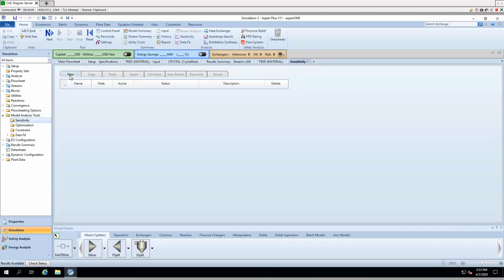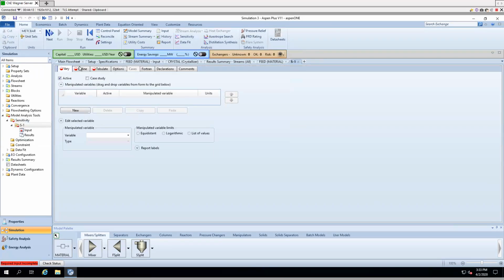So you click sensitivity and you just click new. This means we're doing a new sensitivity study, called S1 by default. That's a fine ID. Under the vary tab, vary means this is the variable that we are actually going to change. This is our independent variable. We're inputting something into the system and we'll get out whatever number we want down the road. So for vary, let's say we want to change how much water goes into the system. We want to see the impact of the amount of sodium salt out versus the water we put in. So we're going to say new,